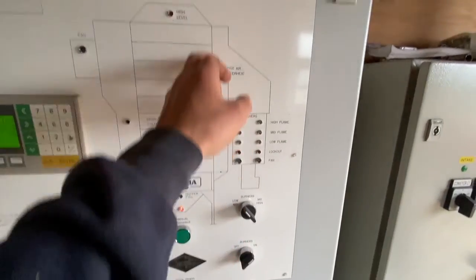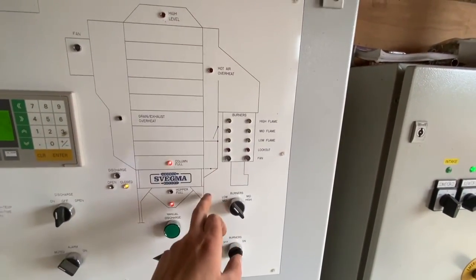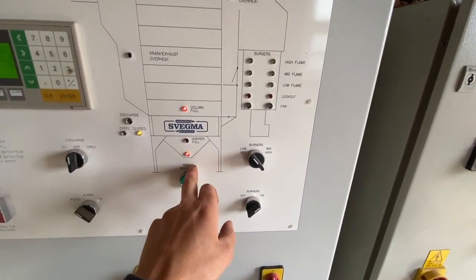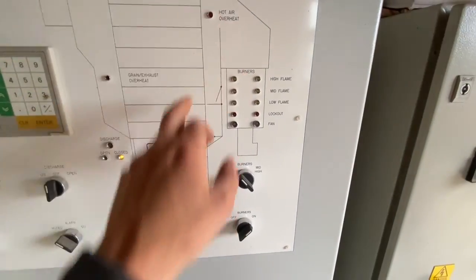So the elevator's on the other side, and it was the one that was choking, so it goes all the way up, drops off at the top. So what we've got on is the elevator, and the conveyor at the top that just takes it off of the elevator into the hopper. And then there's a conveyor down here that takes it from this hopper to the elevator. So I'm just pulsing